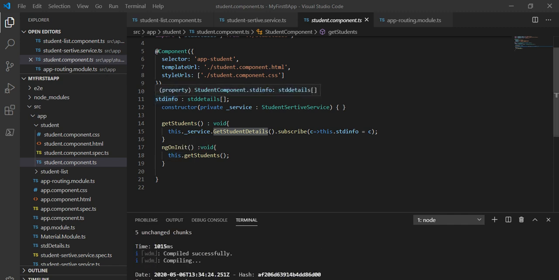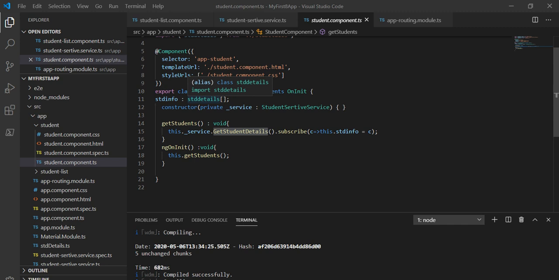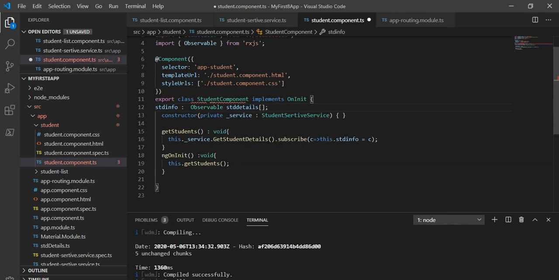So we have to change this variable to an observable. So we have to write observable. That is the first change I did.